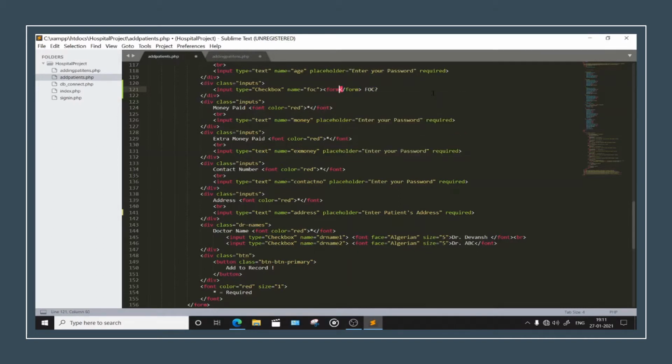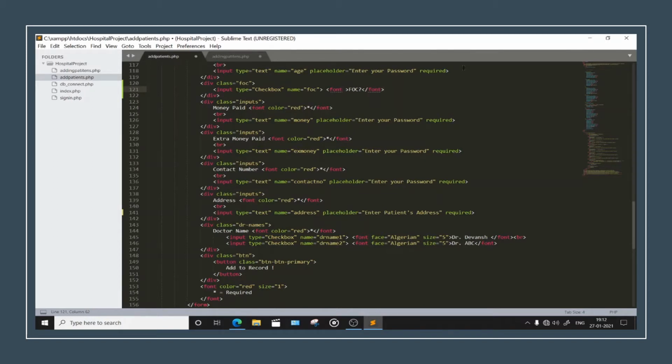Let's just head down to font. So for now what we will do is change this to FOC so that it remains differentiated from the other ones. Font. I don't know what is the exact word because here all the things are allowed.